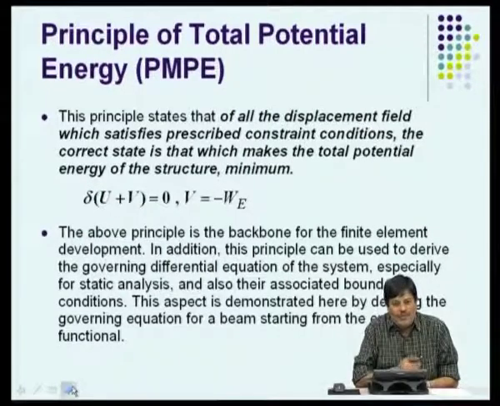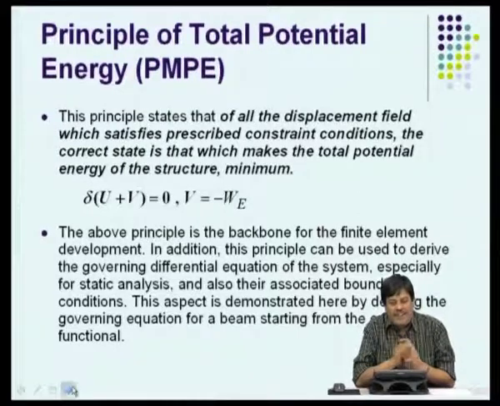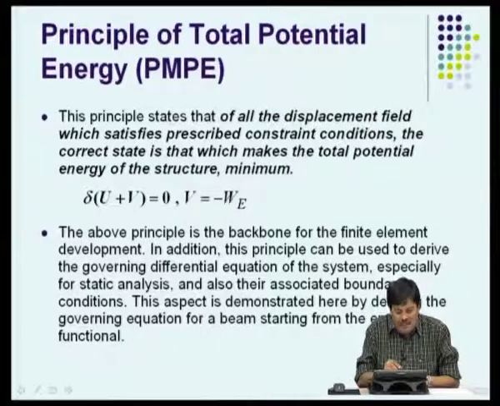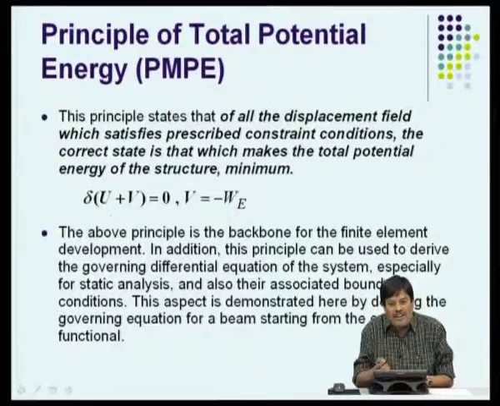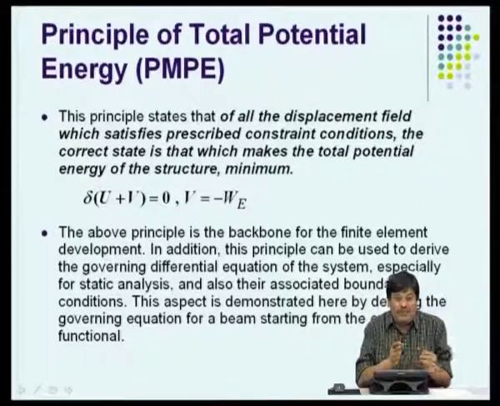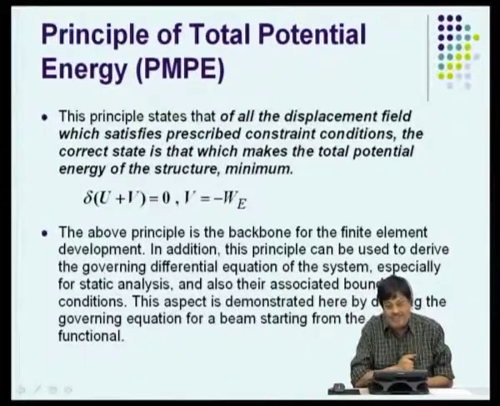Now we talked about the total potential energy last time and we said that finite elements will be basically derived from this equation. So, we know that delta u is equal to delta W, and if we designate delta W as V, negative of the V is equal to negative of the total work done by the external forces. We call it the potential of forces, then delta of u plus V equal to 0, where u plus V is the total energy pi we talked about, and that is how we get the theorem of minimum potential energy, which we used to develop the theoretical basis in the last lecture.